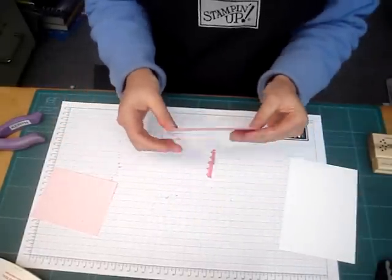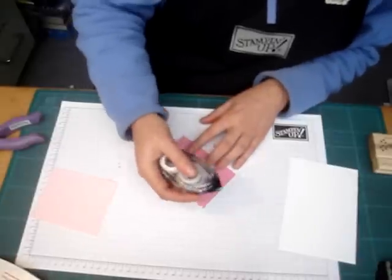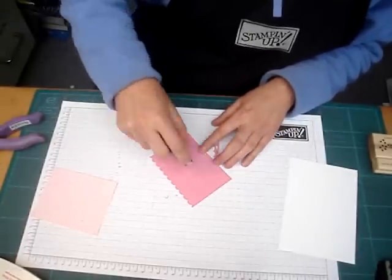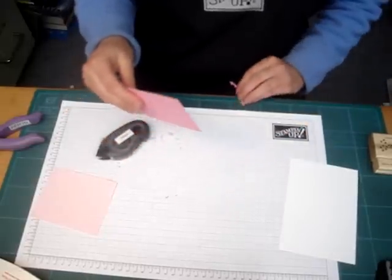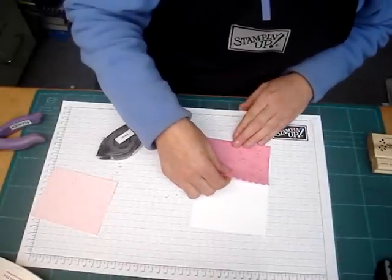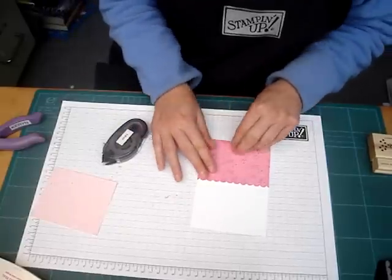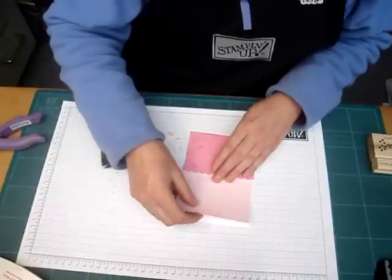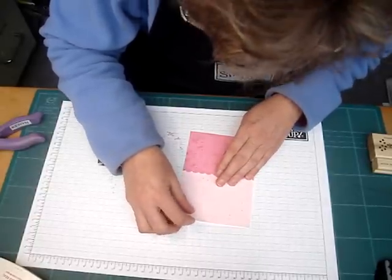Now this piece here, you're going to grab your Snail tape runner and leaving a gap, and you'll see why afterwards. We are going to stick this, we'll just get that bit of rubbish out of our way, stick this to the base of the card. Like so. So you see you've got a gap in there, and what that gap's for is for this piece of Pink Pirouette to tuck into,